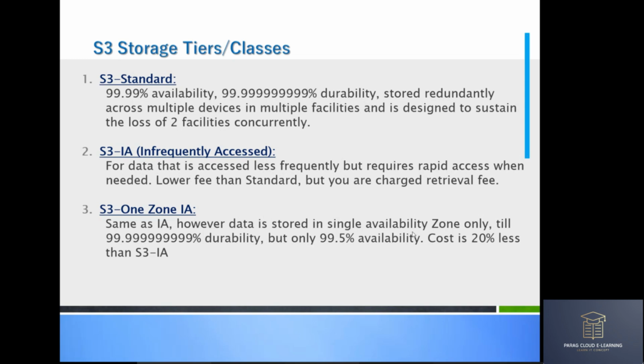And if I lose the data, if I have stored it in one availability zone, and if I don't require it that frequently, then I can wait for a couple of seconds. If the availability zone has gone down, I can wait more time. Then I can store it in infrequent access, or basically we are storing data which is less important, or data that can be reproduced, just like thumbnails